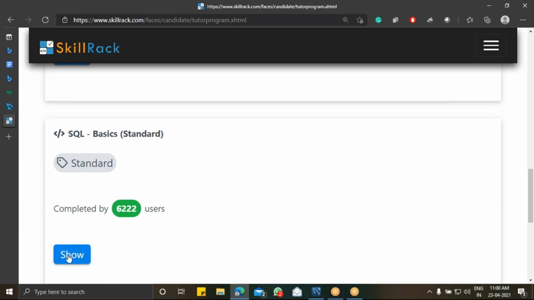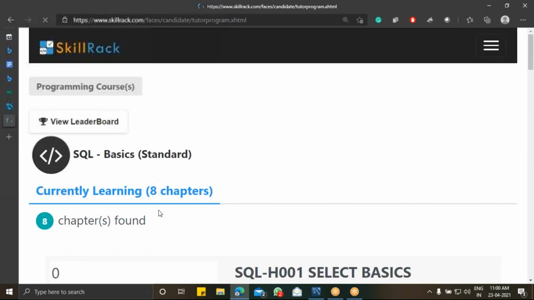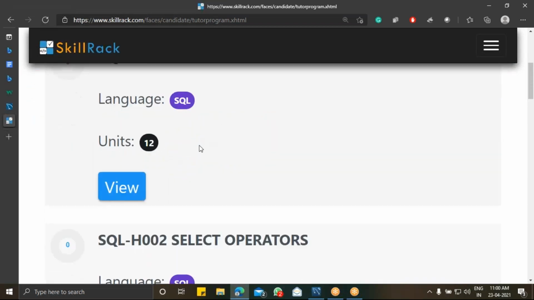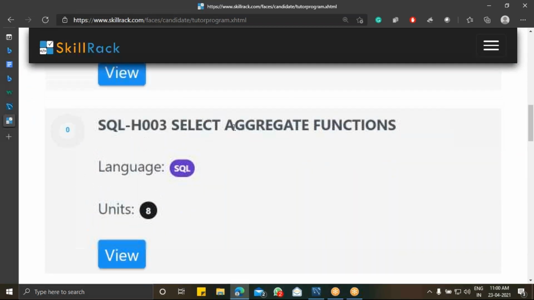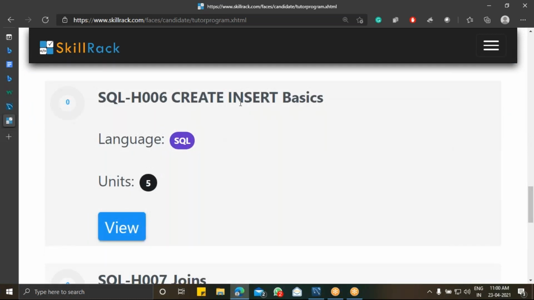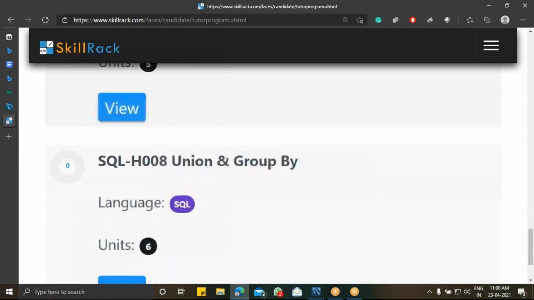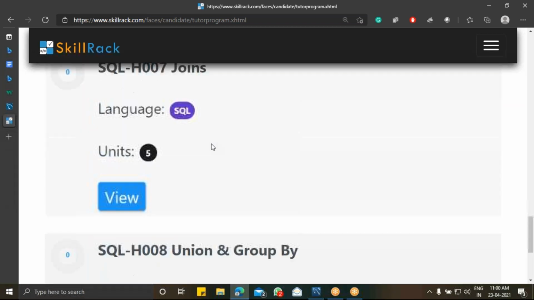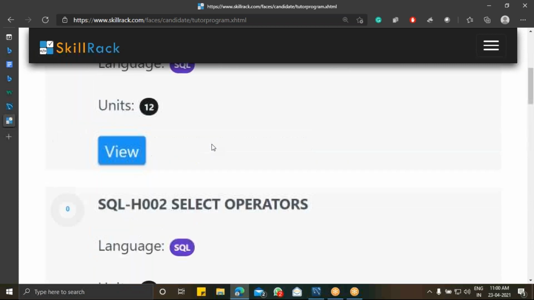Inside this SQL basics, you will have, starting from select and aggregate functions, update, delete, create and insert functions, and also joins, unions, and group by. So everything is there. Just go and start practicing it.